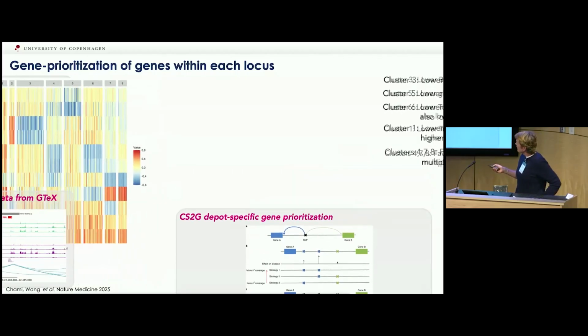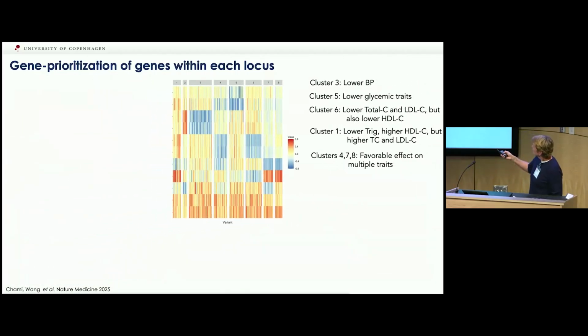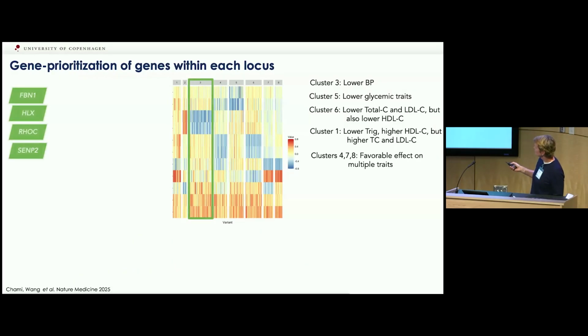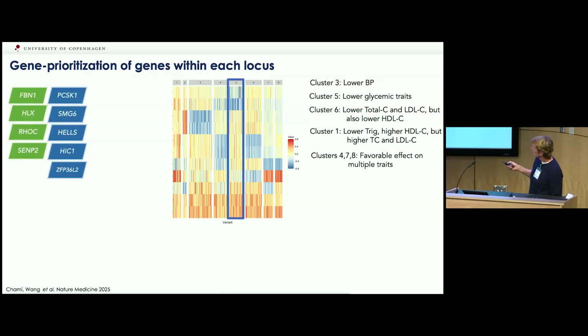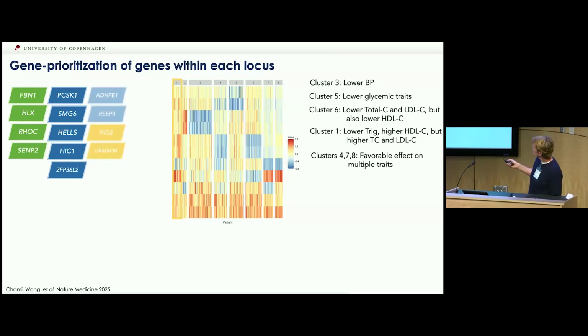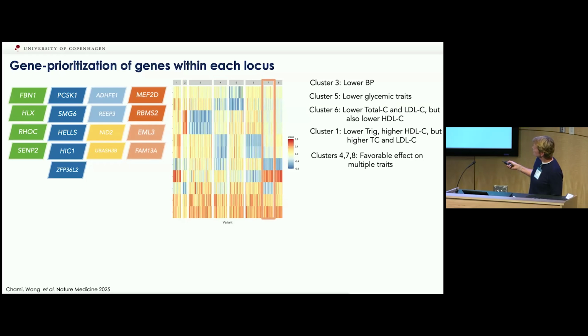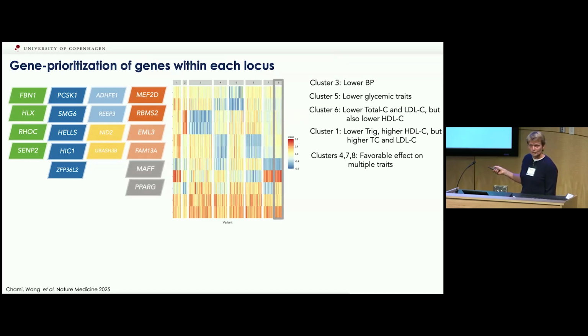And combining all that data and knowing the clusters in which these variants fall, and having that more refined phenotype for each of these variants, we were able to prioritize some of these genes better than we could without that information. So here I'm just going through it, highlighting some of these genes. If any of these genes are familiar, please let me know, because we are now working on the real variant to function. So even though this study was published, the study is not complete, and we're working with